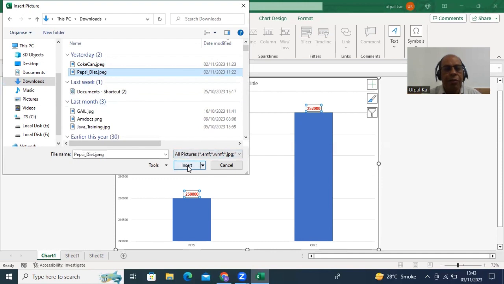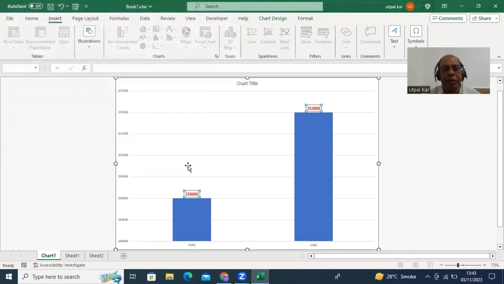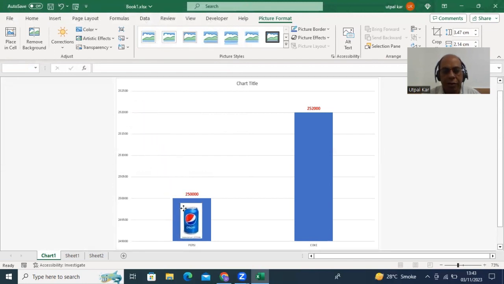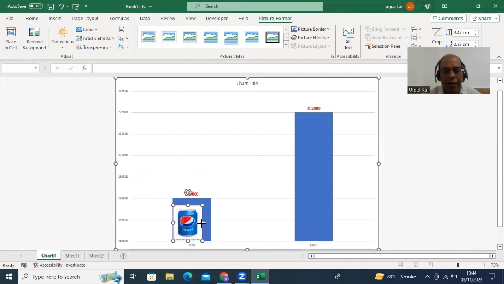So I'm pressing Insert. I can see that Pepsi's image has come, and I can place it here. I can slightly increase the height as well. So now, instead of the column, you will get an image of Pepsi. Similarly,